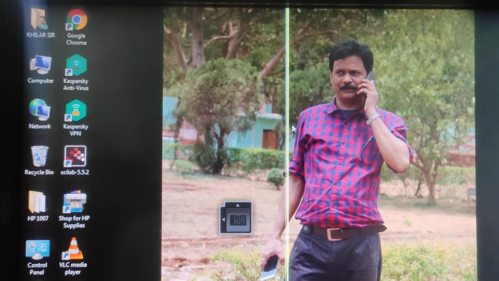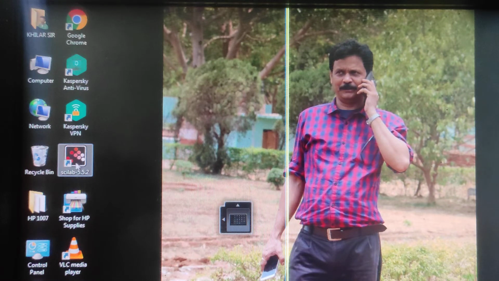Okay, and the merit of Scilab is you can install it very easily and very little space is required in the storage, perhaps 20 to 25 MB, but in some PCs and laptops you cannot install MATLAB. So instead Scilab is better for you. And today I am going to tell you about Scilab 5.5.2. Version is 5.5.2 and you can install this one very easily and you can download it freely from the website.